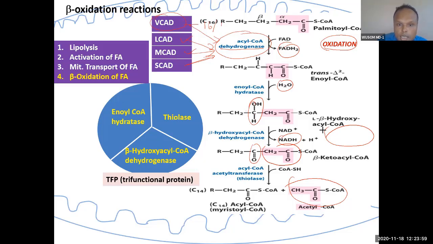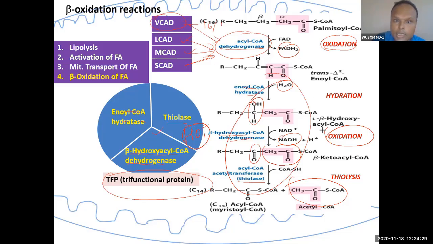Okay, and then these 3 reactions will be catalyzed by this trifunctional protein, TFP. This is the hydration reaction, the HOAT reaction, which is catalyzed by this trifunctional protein. The same protein will catalyze all the reactions. So you can see thiolase here. You can see beta hydroxy acyl coenzyme A and enoyl coenzyme A hydratase. So this is trifunctional. 3 reactions will be catalyzed by the same protein, and the first reaction will be acted upon by this.